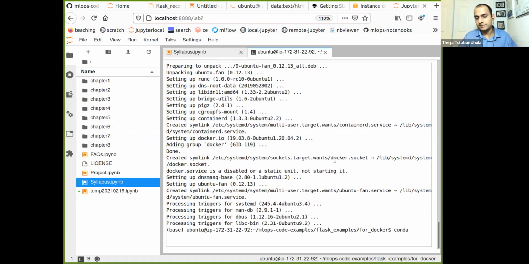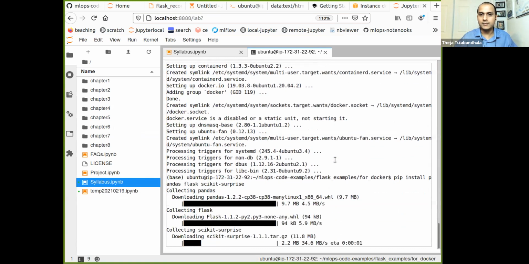Conda, I can just install Pandas, Flask, scikit, Surprise, and Torch, right? So Torch will install using Conda.